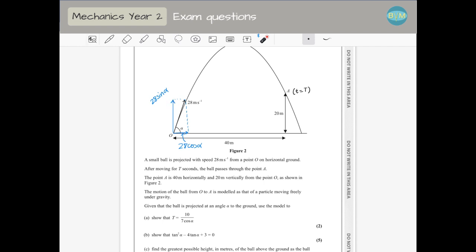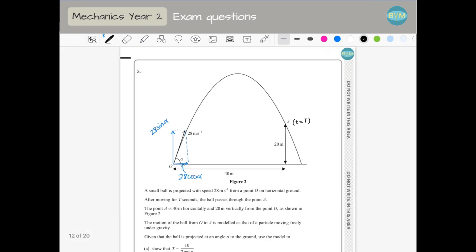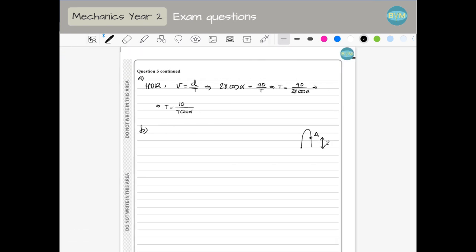Vertical motion is like a particle projected up with this initial velocity. It's like those questions that you do in year 12, where you have something projected upwards from a point, going up and then down. We have A here, and this vertical distance is 20 meters, and we know that this velocity is 28 sine alpha. So if we apply SUVAT to that,